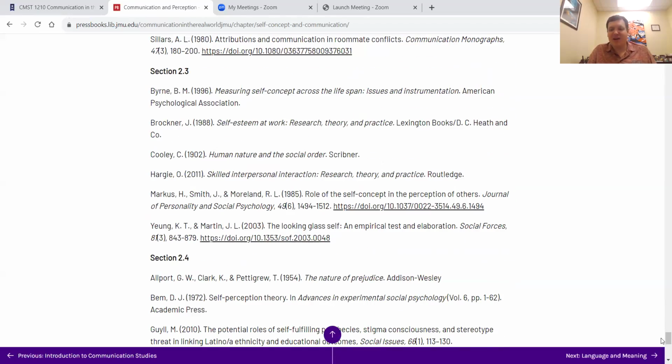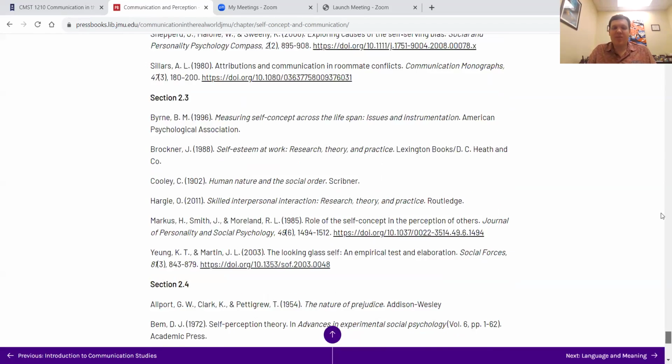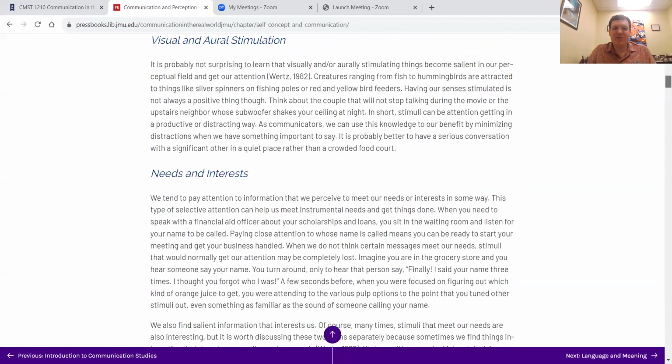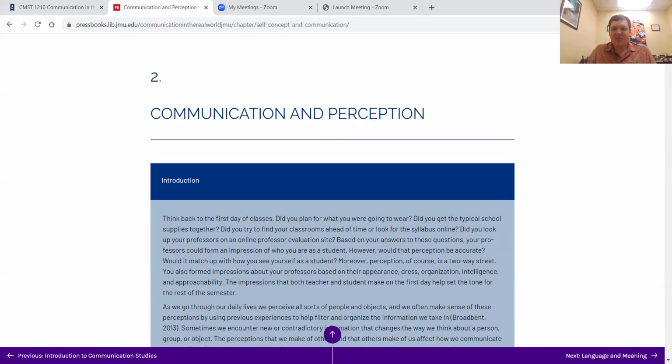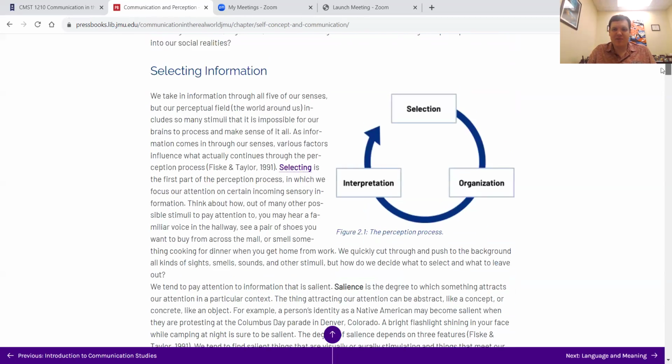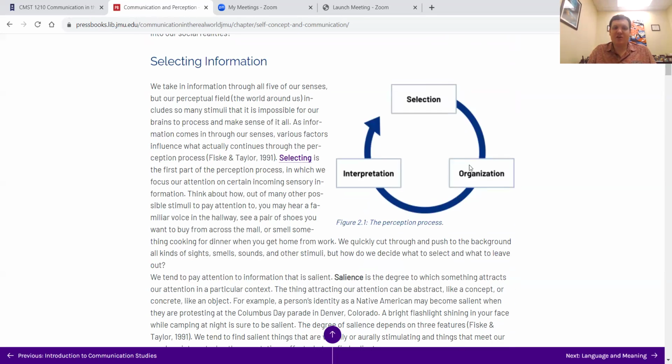Again, I'm running through a variety of different things. But perception is how we view ourselves, how we view other people, how we view these interactions. If we go back to the beginning here, it talks about the selection, organization, and interpreting process of perception, and then talked a lot about how we're perceiving ourselves, how we're perceiving other people within those communication interactions. Right, culture is a big thing here when it comes to perception, our own culture and the culture of other people, and how we may perceive things as normal or abnormal based on those backgrounds.